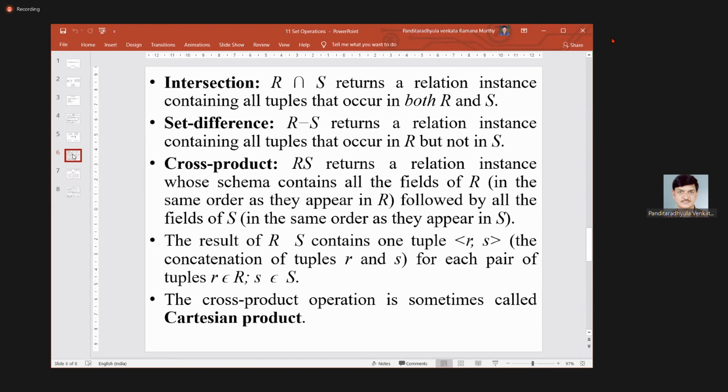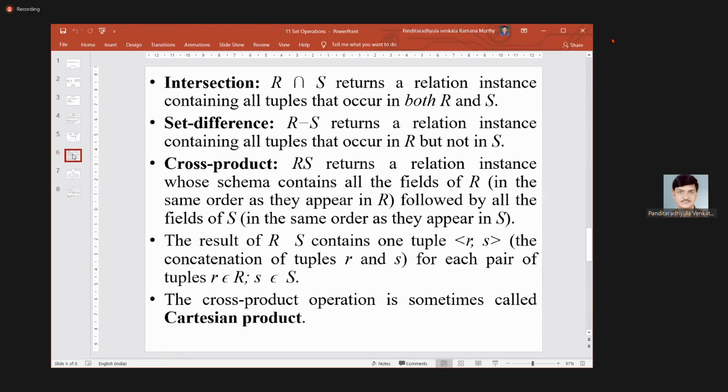That means the entire result from the first query should come, and the entire result from the second query should come. But unlike union, each and every tuple, or each and every row, in the first table will be joined with each and every row in the second table. I will show you.